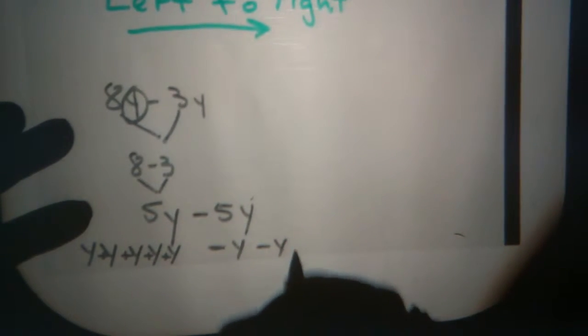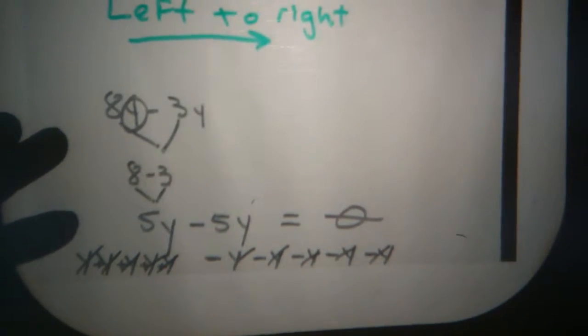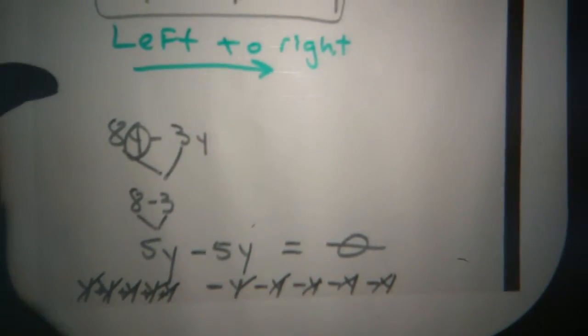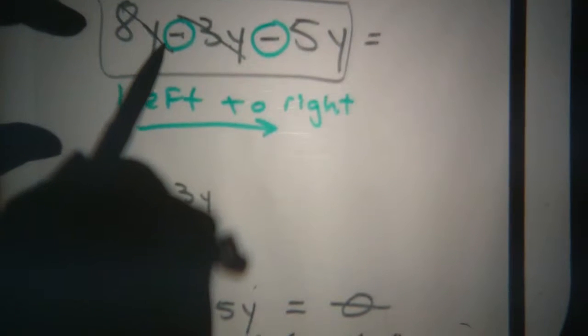Well, here's 5 y's. And I'm subtracting 5 y's. Well, that cancels out each one of these. How many y's do I have left? 0. No y's left. So you see, regardless of how many terms I have, you just go step by step